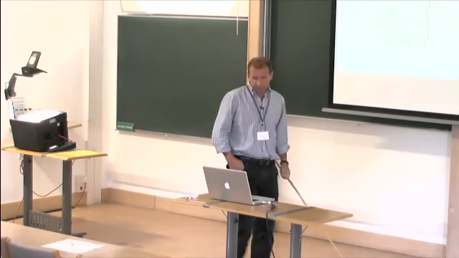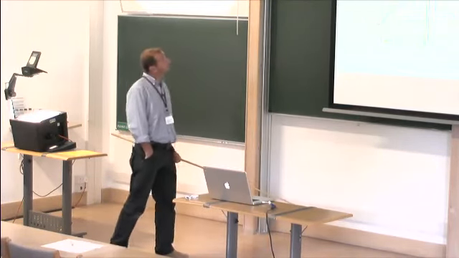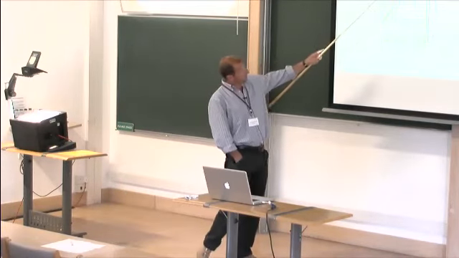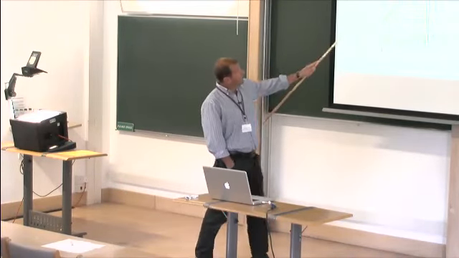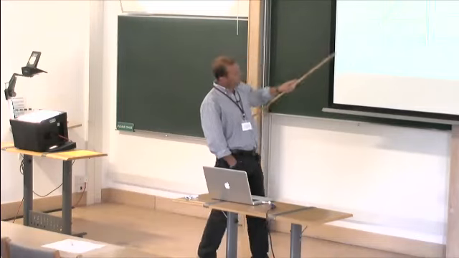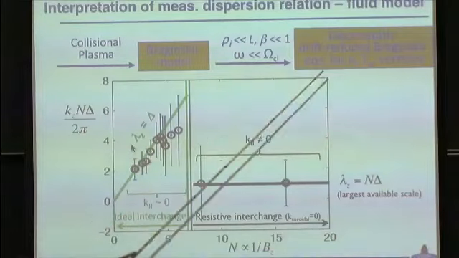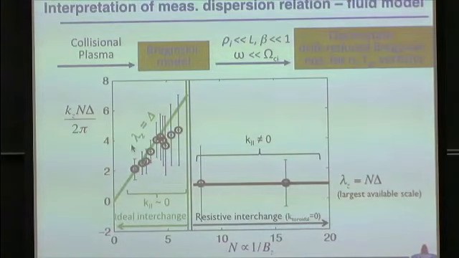So we look at the interpretation of these points from theory. We have a fairly collisional plasma, so we use Braginskii, small Larmor radius, and of course very small beta, and frequencies well below omega ci. So we can use the electrostatic drift-reduced Braginskii, three equations: the density, vorticity, and temperature. And so we could put basically the theory lines upon this experimental plot, and we see that we have two